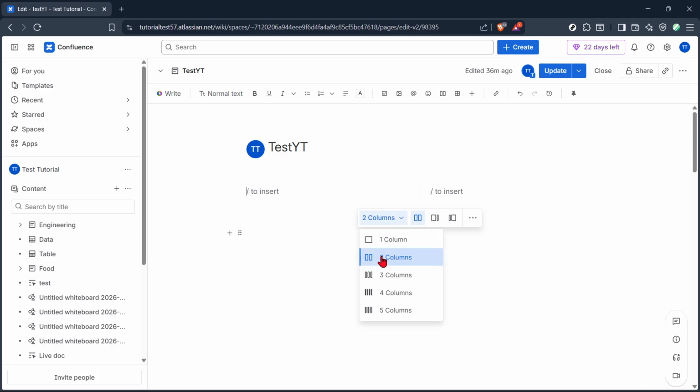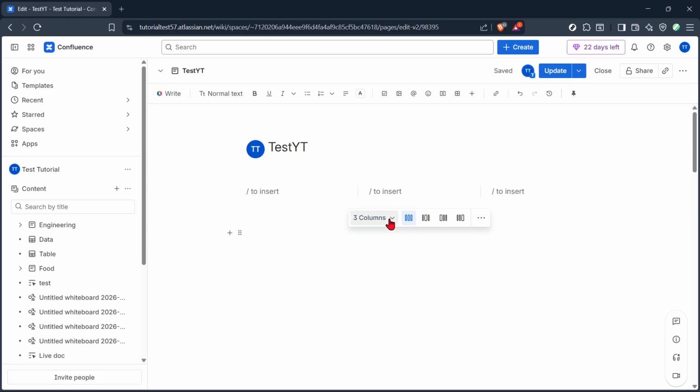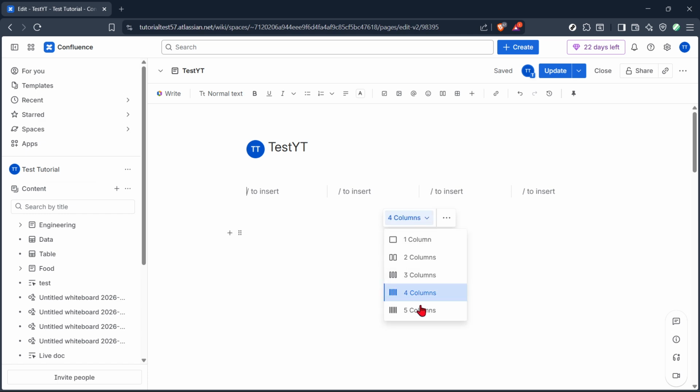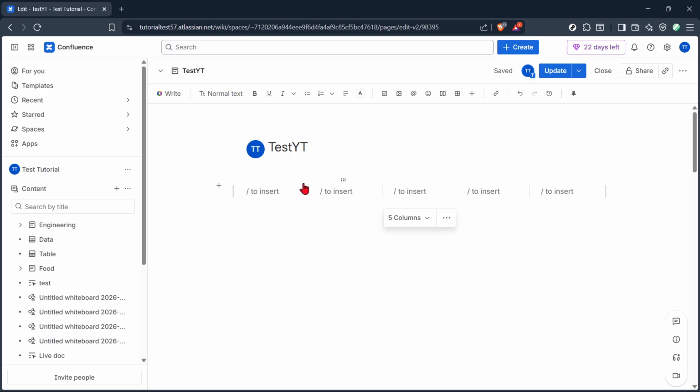For more segmented content, try three columns. It works well for equal sections like status updates, team highlights, or feature callouts. If you're building a compact dashboard, explore four columns. It allows you to place small, focused blocks like KPIs, quick notes, or mini charts. For very dense overviews, there's also five columns. Use it sparingly. While it can fit many small items, readability on smaller screens can suffer, so keep text concise